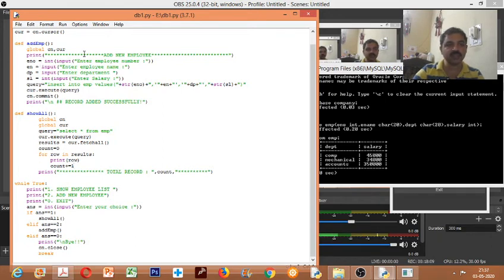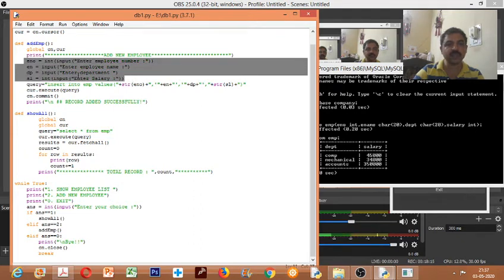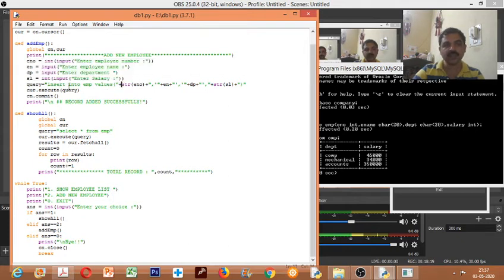In the add function, we enter the employee number, name, and other details through the user. Those records are passed here using the insert command. The command is executed through the execute function, then it is saved and a message is displayed.